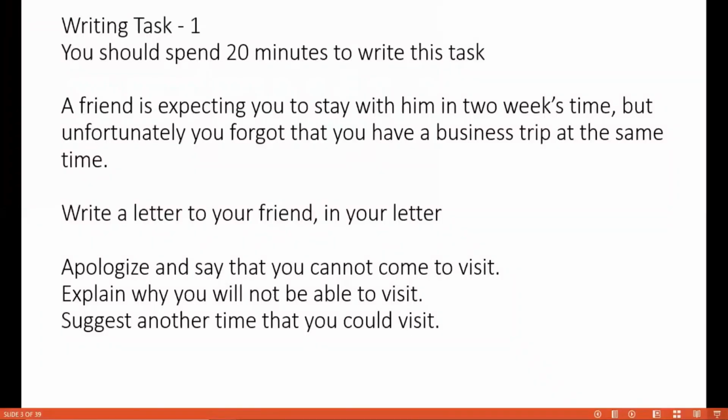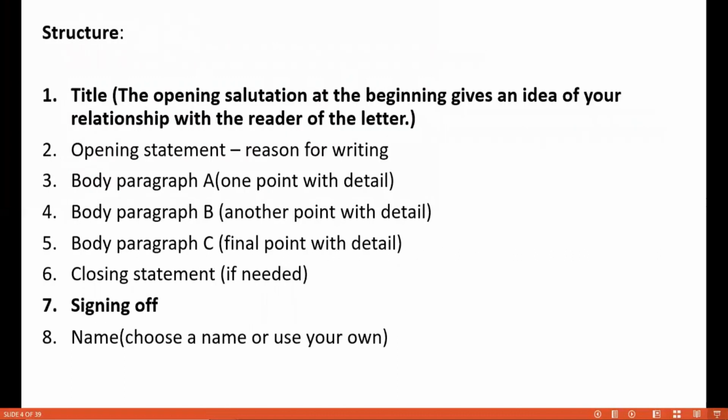This is the very primary step. Today we are talking about an informal letter. I'll not be discussing anything about formal or semi-formal; only the informal letter is what I'm going to deal with today. For any letter writing, you need to have a structure. So let's define the structure as this 8-point structure. You don't have to really struggle to remember this. It will come in a flow over a period of time.